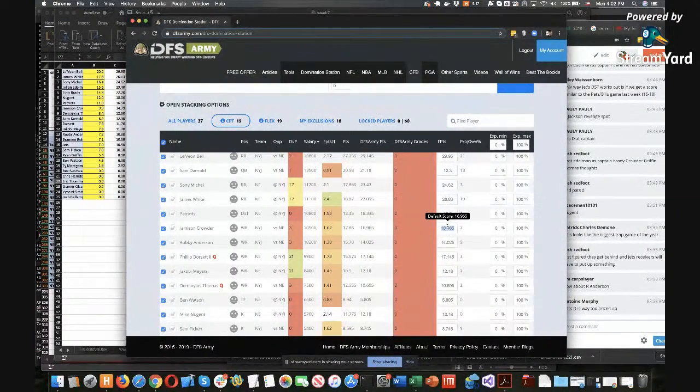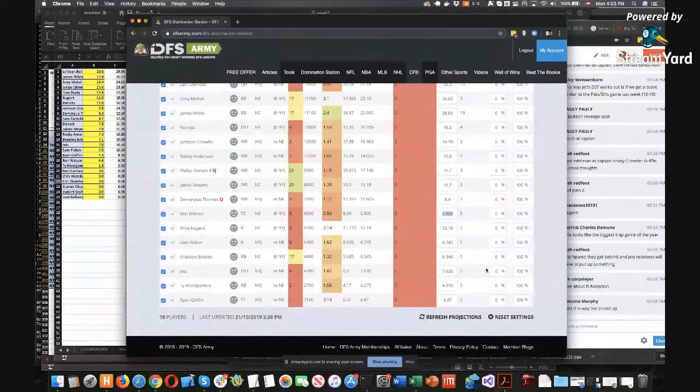Crowder, 14.79. Anderson, 10.8. Dorsett is 11.7. Myers is 11.7. Demaryius Thomas, 8.4. Watson, 6.9. Mike Nugent is 18. Yeah, we're definitely going to get Nugent up in the top. You see that 3.16